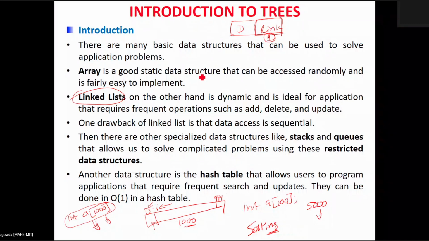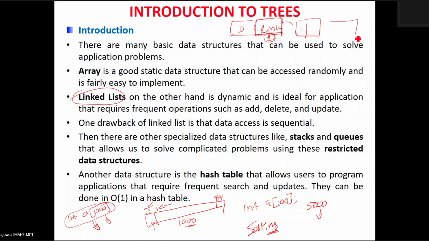Another last disadvantage of a single linked list is that traversing in reverse is not possible. You studied about the double linked list and the single linked list. In a single linked list, we have a data field and a link field. Always the link field in the single linked list is used to hold the address of the next node.